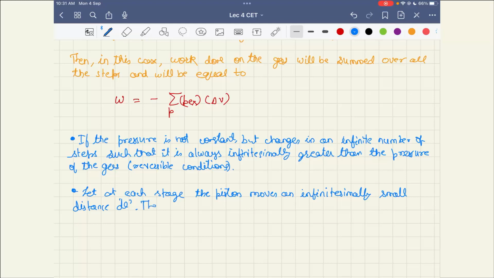Then the infinitesimally small decrease in volume is